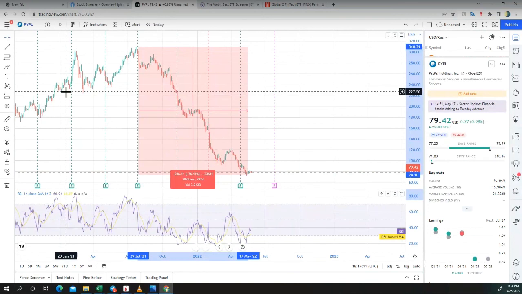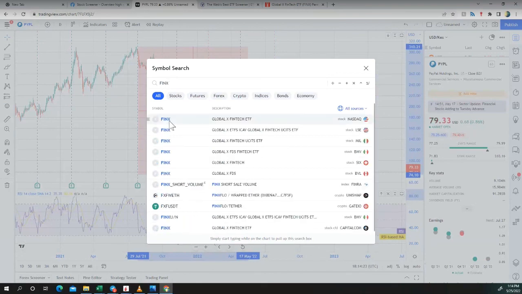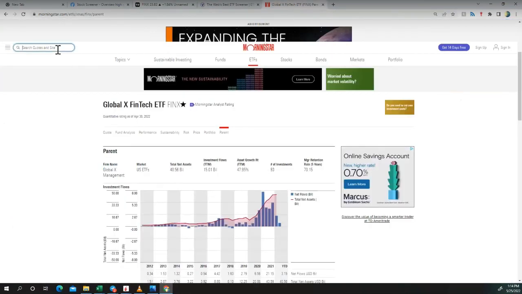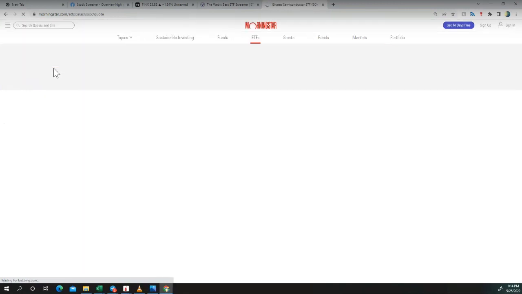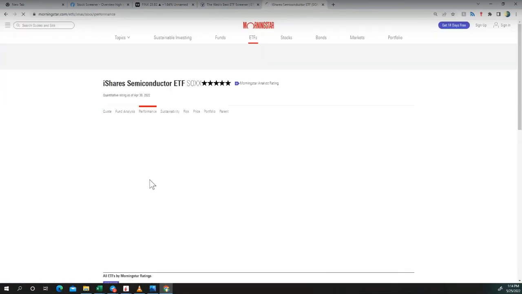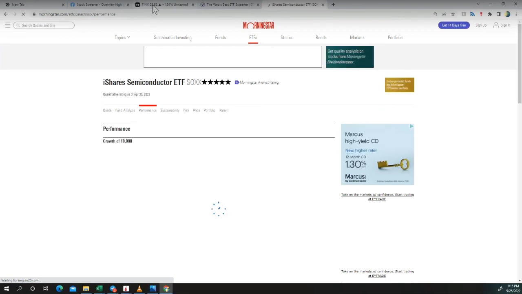Now, you said the 8% performance. That performance was specifically for this Finex ETF. Finex ETF did 8%. Now, there are other ETFs. If you look, you'll find something like this: SOX, the iShares semiconductor ETF. I told you about iShares. Let's go here to performance, and you'll see this performed way better than Finex. So the 8% I was talking about, compared to money market funds, was specifically for Finex. Finex was doing that. But if you look at iShares,